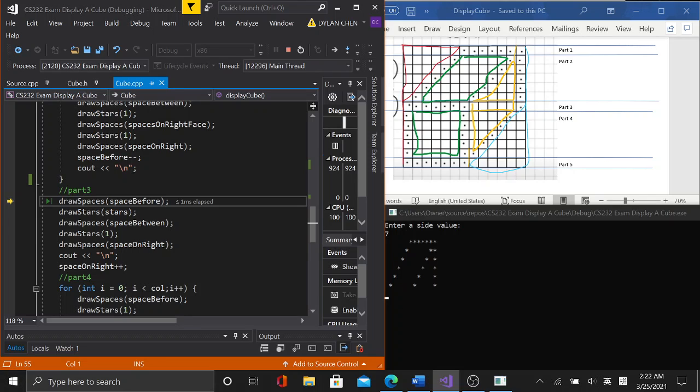So for part 3 we draw the space before, now it's 0. We draw stars, we draw 7 stars this time. We draw the space between here. We draw 1 star and we draw space on right, it's 0, and next line. Then we are going to draw